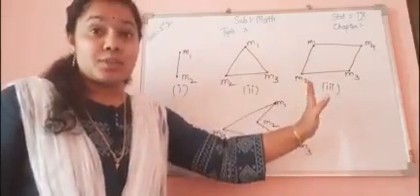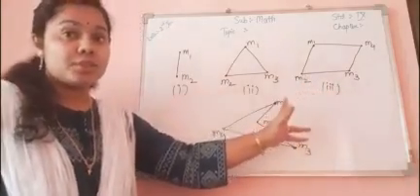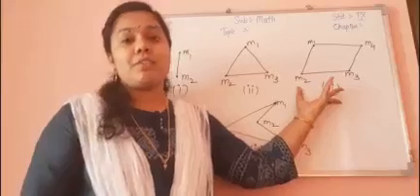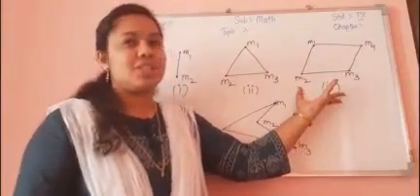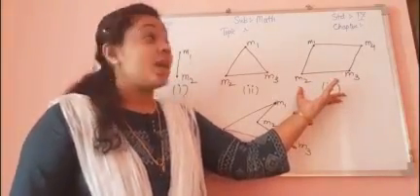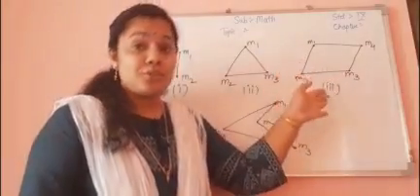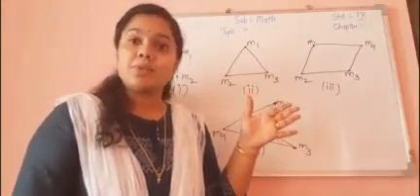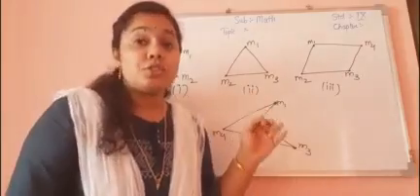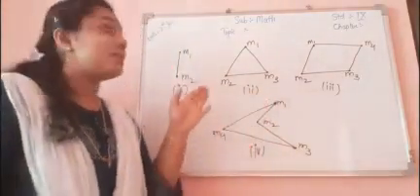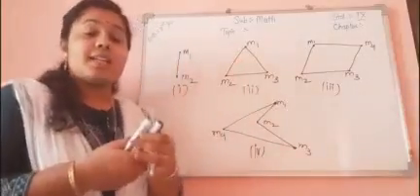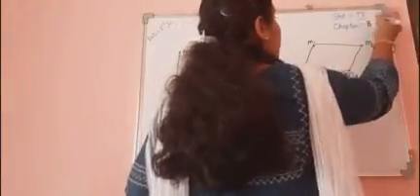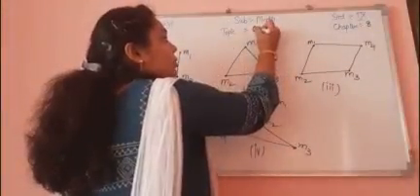which is having 4 sides. We don't have any particular image or shape for it. Likewise, such a closed figure is termed a quadrilateral. So today our topic is mainly based on quadrilateral, that is chapter 8.